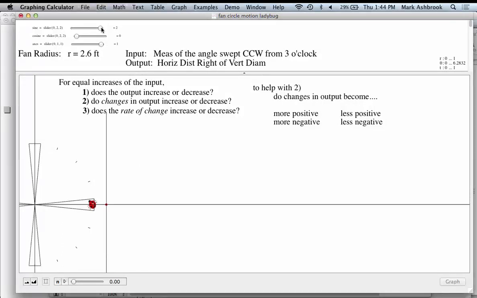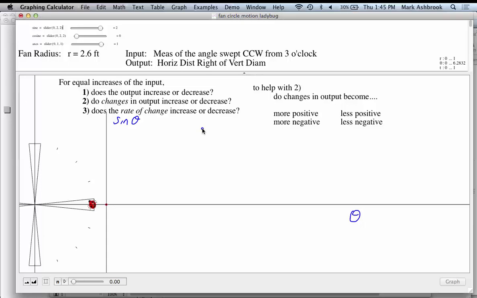So the sine graph would be what? When we graphed the covariation of these, we looked at angle. We measure the angle swept counterclockwise from 3 o'clock. Rather than have it sweeping around the circle, now we're stretching it out straight on the horizontal axis. So increasing angle is to the right on the horizontal axis, and on the vertical axis, we can put the vertical distance above the horizontal diameter. So in the first quadrant,